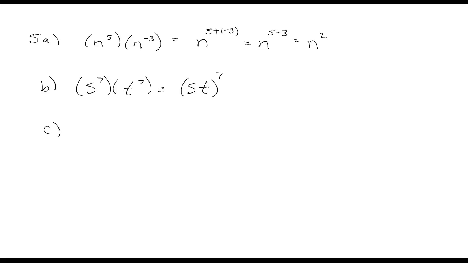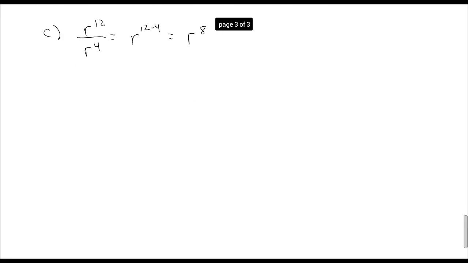For part c, r to the 12th power over r to the 4th power. Since we're dividing, we're going to subtract the exponents, the top minus the bottom. So r to the power of 12 minus 4. So this is just r to the 8th power. Alright, for d,